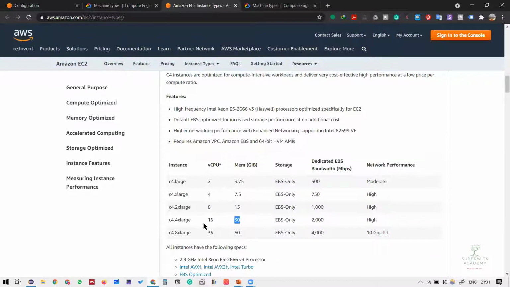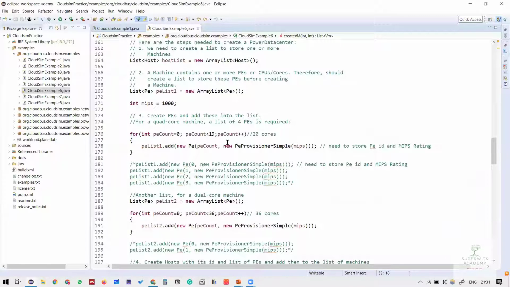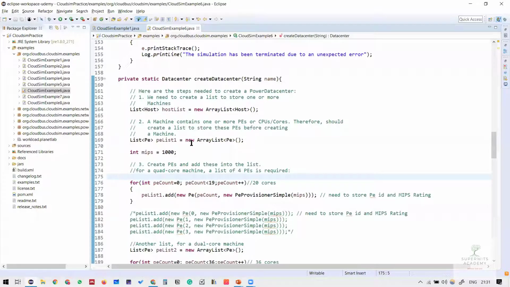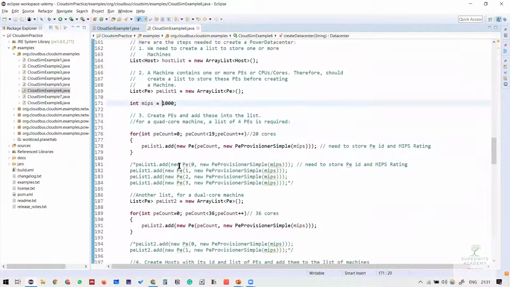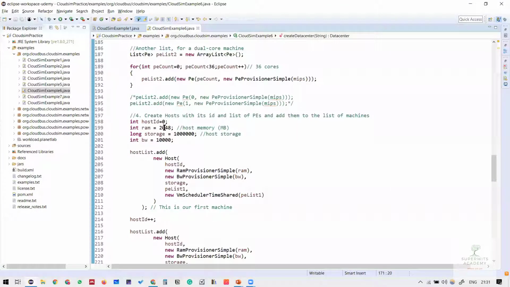Let's say I presume that we are considering a system with 16 vCPUs. There might be 4 vCPUs required by the hypervisor itself. So 30 gigabytes of RAM is supposed to be entered. Let me calculate, I'm very bad at calculation. So we have 30,720. In terms of RAM, I'm going to put 30,720. So this is the RAM we are going to talk about.